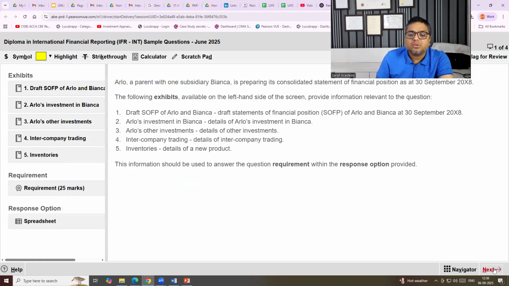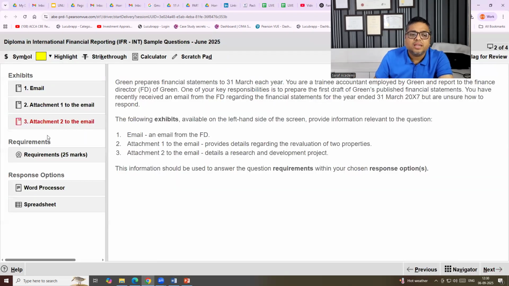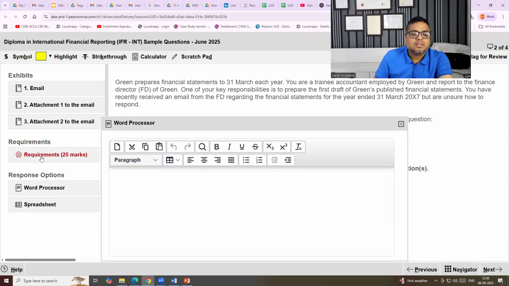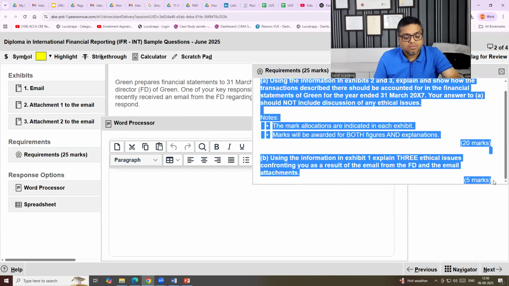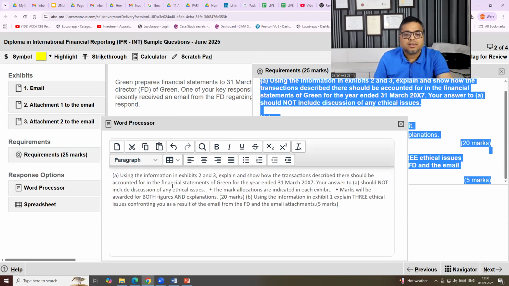But if we go to the second question, this is the first one with only PL value. You will see that in the response sheet, there is a Word file and a spreadsheet both. So in the Word file, suppose I want to type something. This is the requirement. First of all, I have copy pasted the requirement. So this is the Word file and I want to type my answer. Revenue as per IFRS 15, blah, blah, blah. So when theory is there, you will be using this Word file. And when calculations are there, you should be using the spreadsheet.